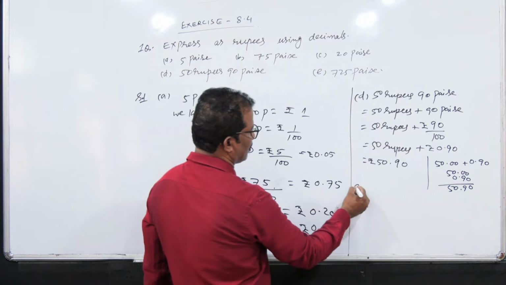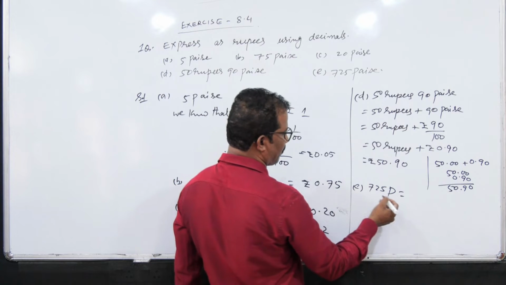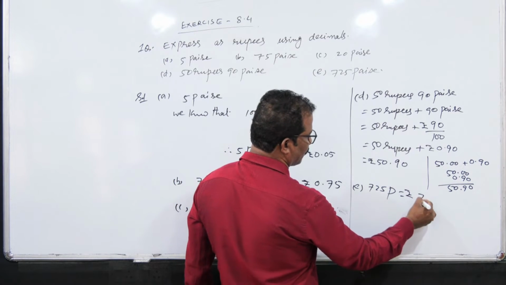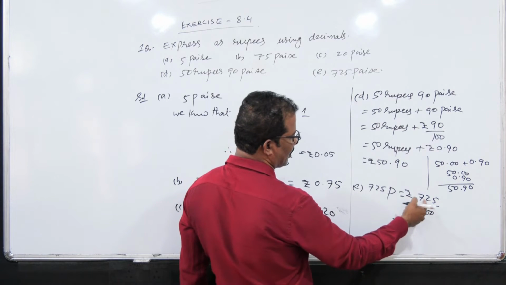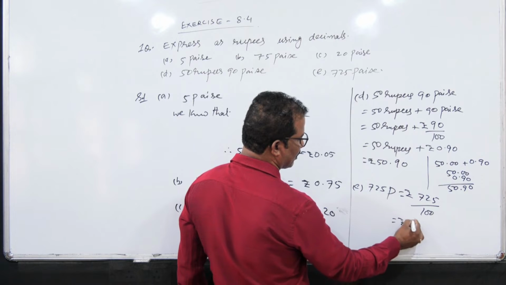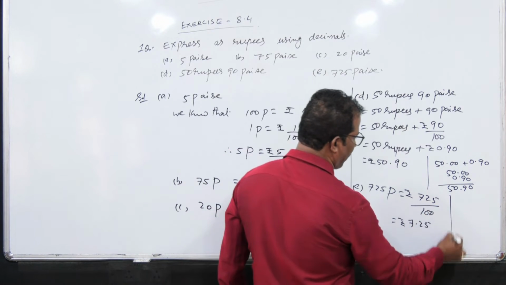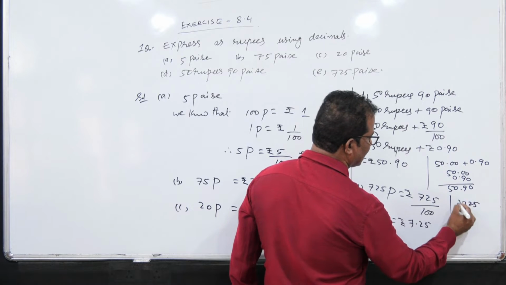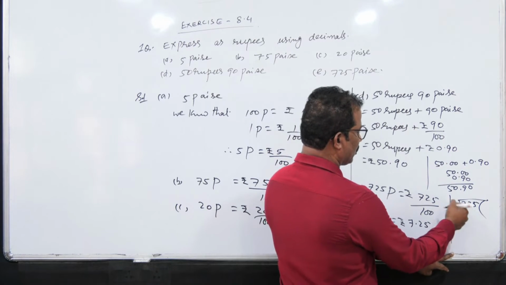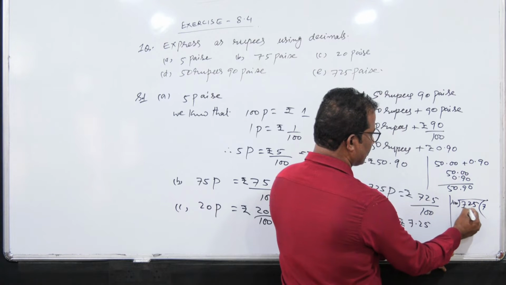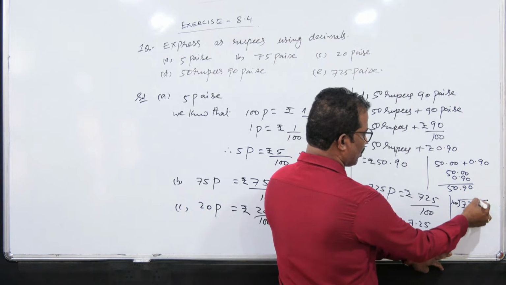In the last question, that is E, 725 paise. See in this question, to convert into rupees, we know what to do, we have to divide by 100. If we divide 725 by 100, we will get how much? It is 7.25 only, rupees 7.25. How is it, see? 725 divided by 100. It is a 3-digit number. So 100 7s are 700. We will get 25 as remainder. So no number will come down.